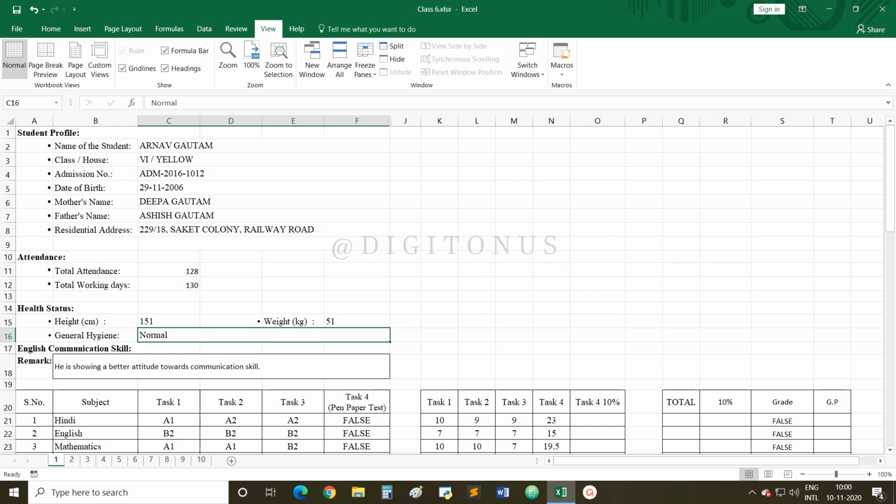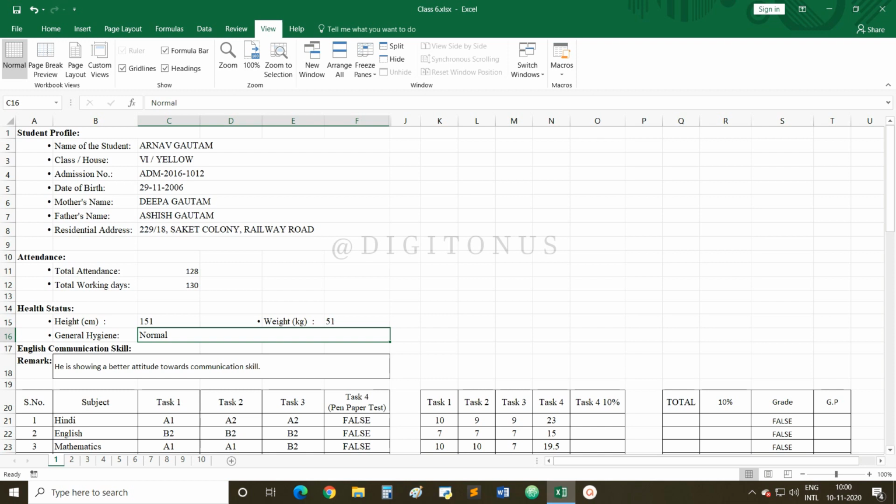Now when it comes to macro, what is a macro? A macro is a feature, a function in Excel that allows us to save time if we want to repeat the same task again and again on multiple worksheets. Suppose I want to calculate the total of the marks secured by a student, for all the students studying in a class. I have a separate sheet for each student in a workbook, that is one worksheet for one student.